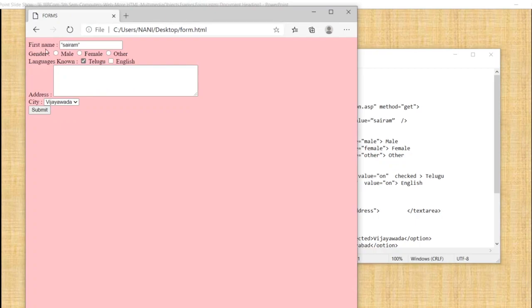Here the first input I have taken is text field. It allows a single line. Next one is radio group, gender: male, female, others; languages known, checkbox; address, text area.